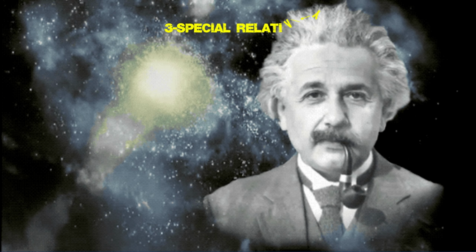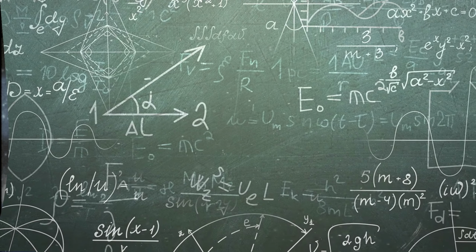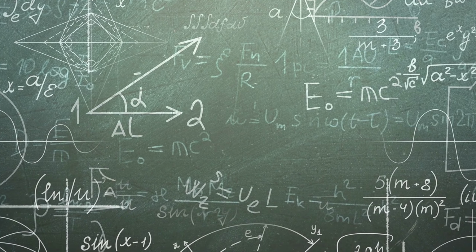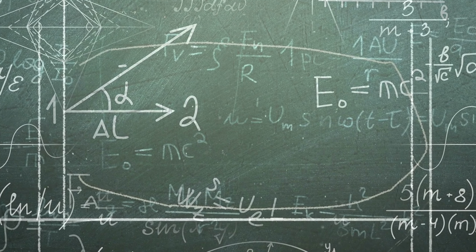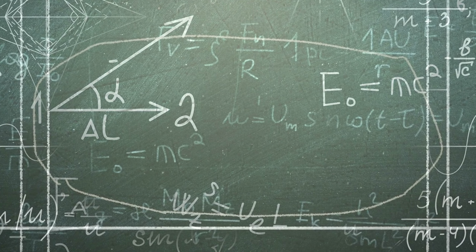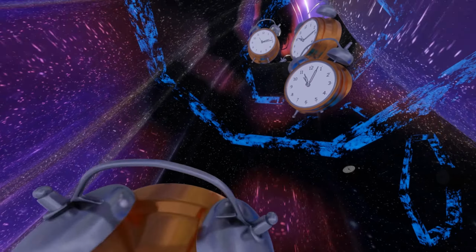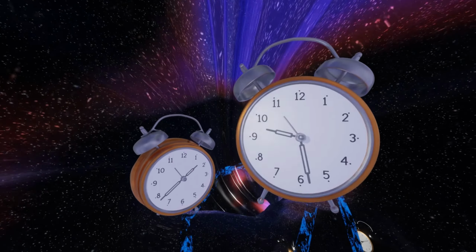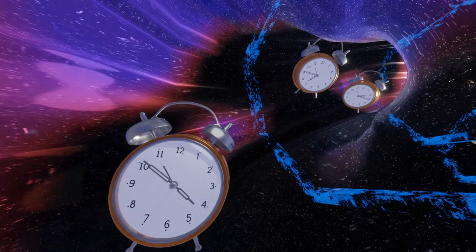Our next theory is the special relativity by Albert Einstein, the most popular scientist in the world. In physics, the special theory of relativity, or special relativity for short, is a scientific theory of the relationship between space and time. Revolutionary insights about the nature of light, time, and energy: as Einstein became better known in the scientific community, he began receiving requests to write about his new theory for journals and books.